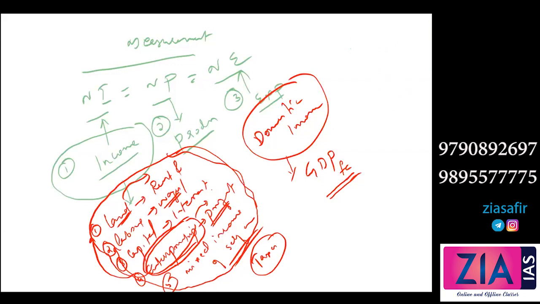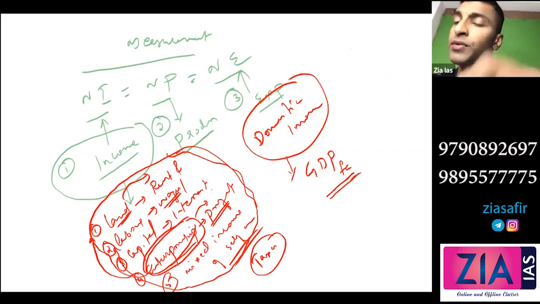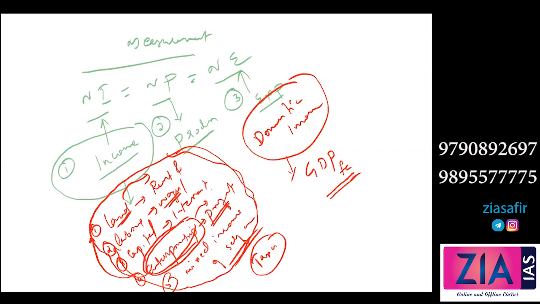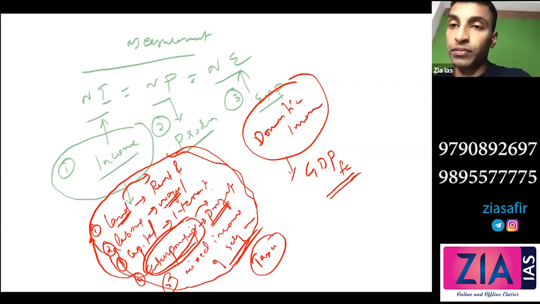Only these factor inputs will be added actually. Then these concepts, factor cost, etc. will come. That is related to taxes. NDP is related to depreciation. But when it comes to GDP, it is only value addition, and that's what we call gross value added. The new concept, no? Gross value added. It's all about value addition. Okay, in case of GDP, raw material you can't consider. Okay, sir, thanks.